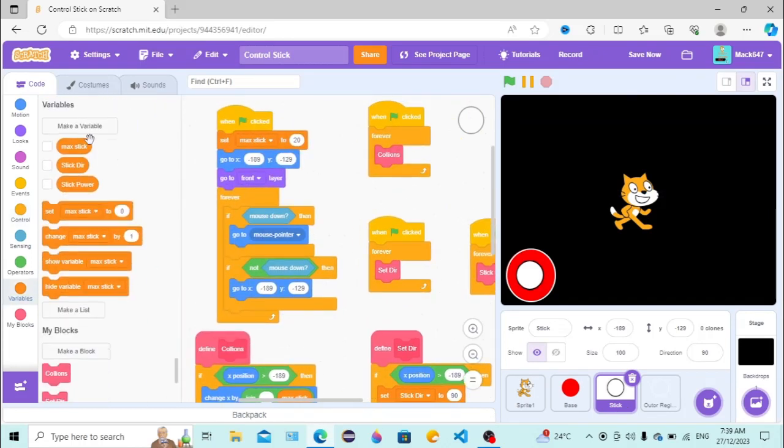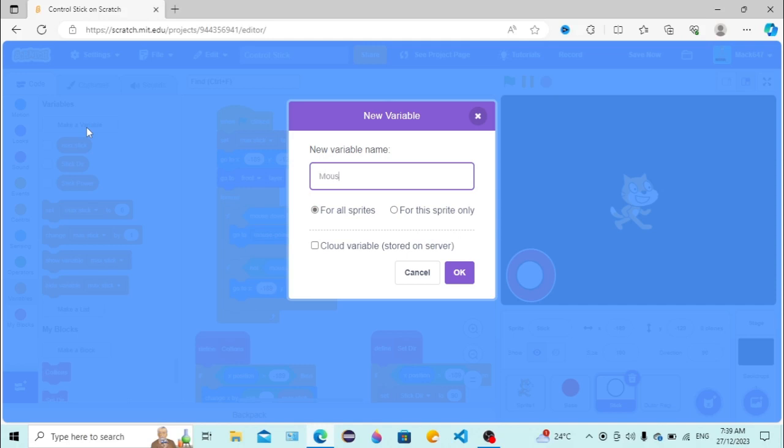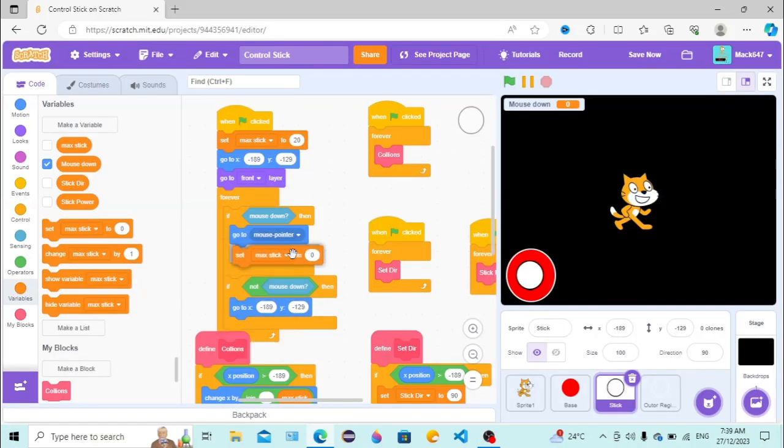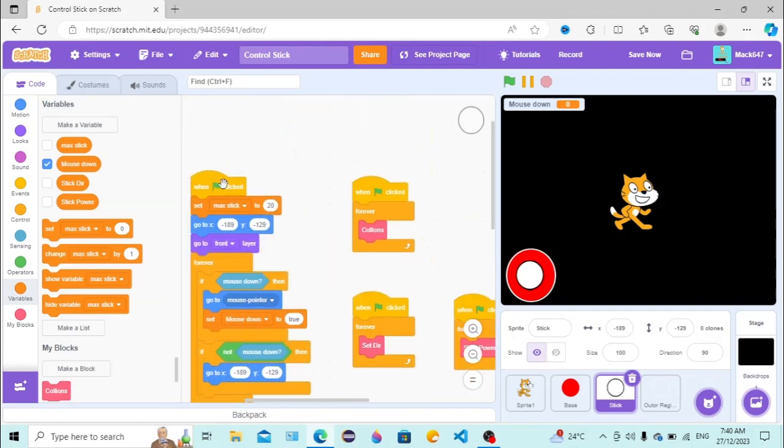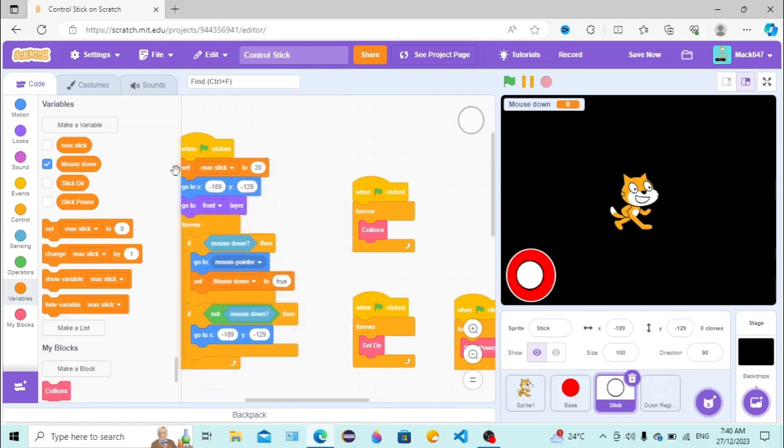And then we want a mouse down, and that will be for all sprites. Now if our mouse is down, you guessed it, we set mouse down to true. But if it's not mouse down, we want to set it to false. So if not mouse down, set mouse down to false as expected. So go back to your play now, and